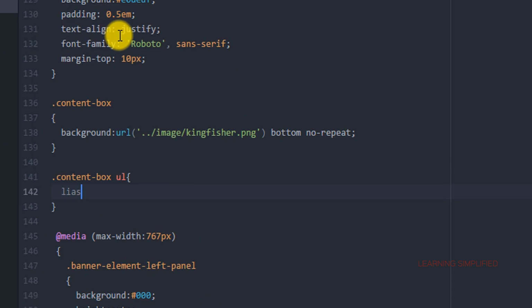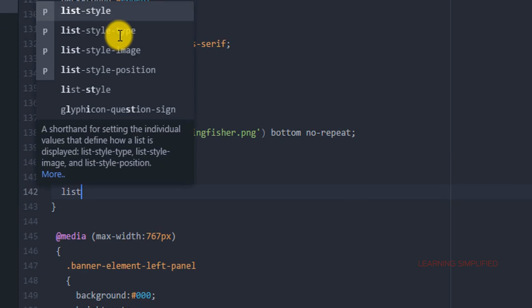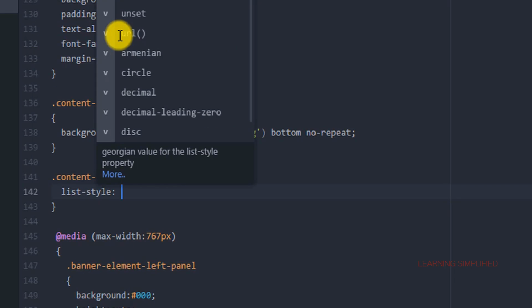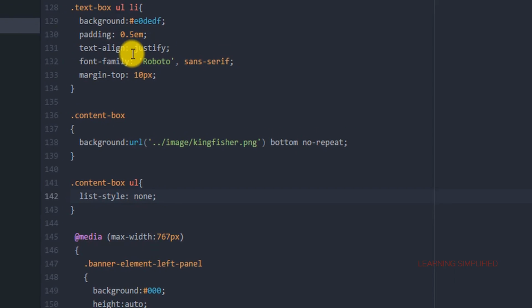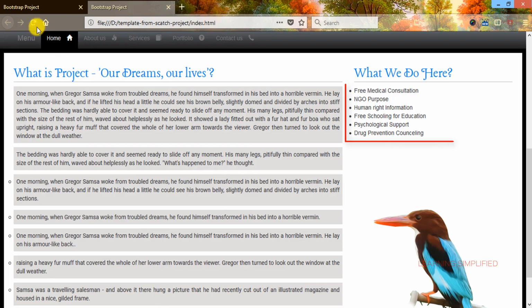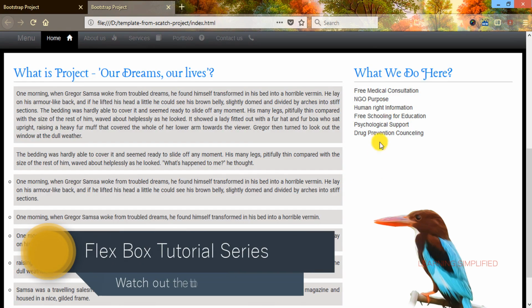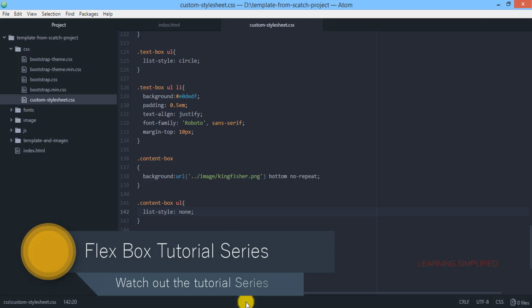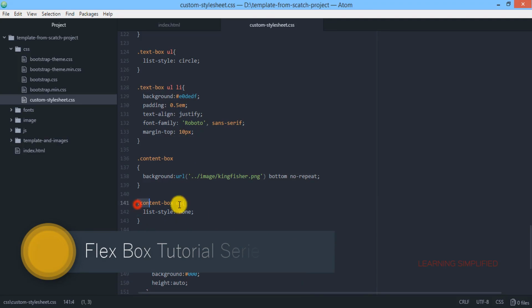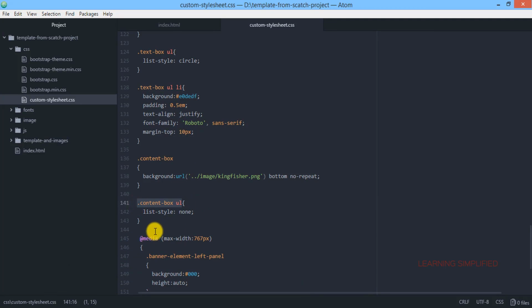The first thing is we will be making the list style none. You can see that there's no list style at the present moment. Now we need to modify all those list items over here. So in the next phase, we are going to modify these list items.